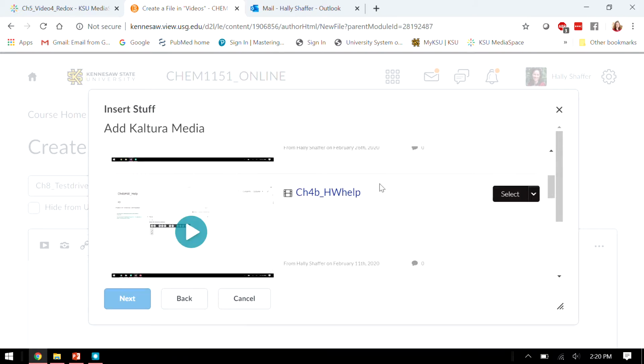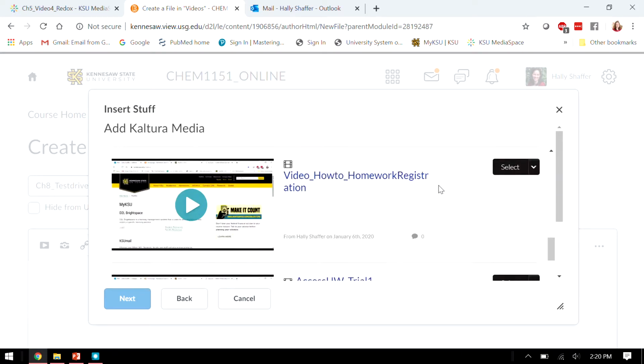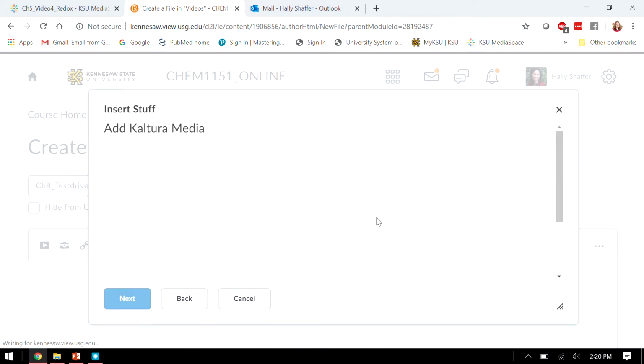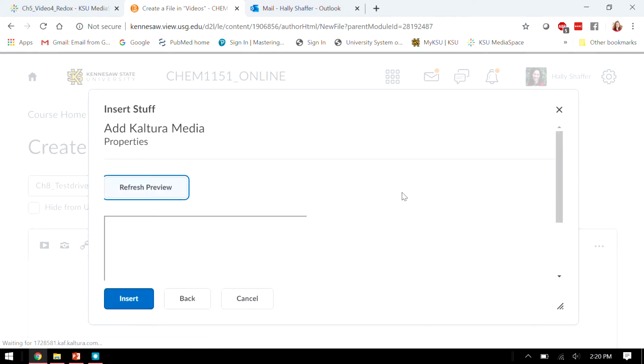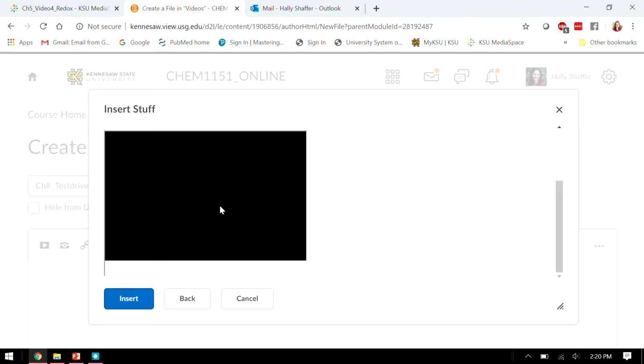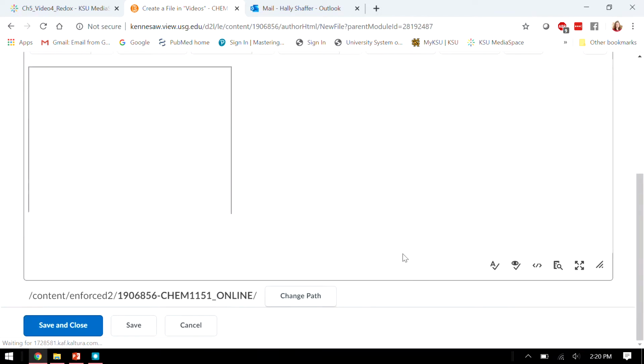my whole library, it's the same library that you saw me scrolling through before, and I can click this black select, and I'll just delete this chapter 5 video. Click that black select option. It'll take a second to load. I always kind of make sure it's loading. There we go. Click insert, and now it's in there, and click now save and close, and you should be